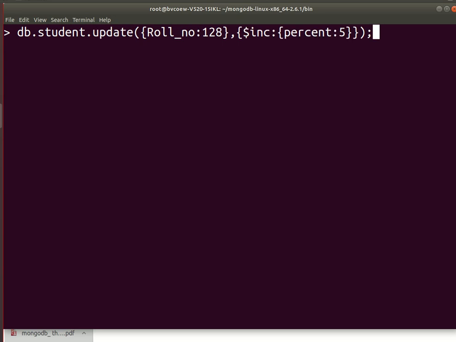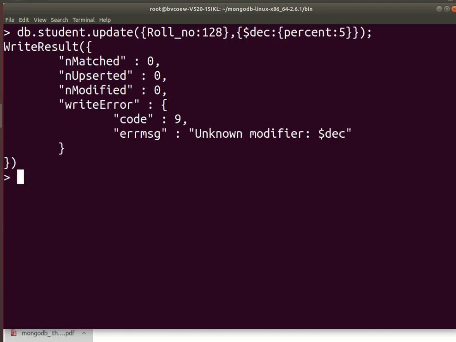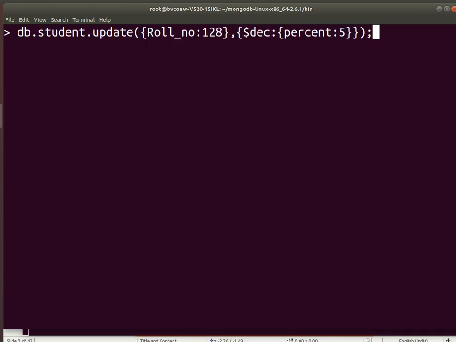Let's try the decrement. For the decrement, I have to check which is the modifier. There is no $dec operator in MongoDB. So what we can do is the negative increment.